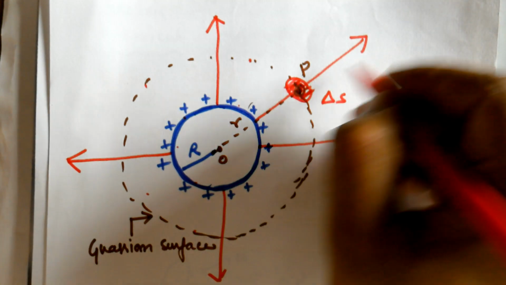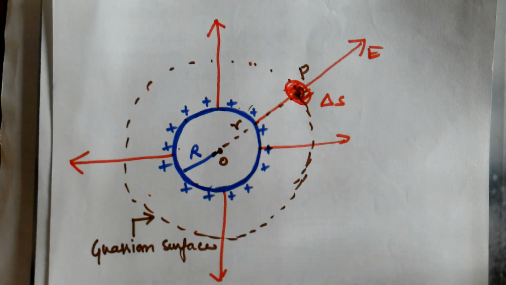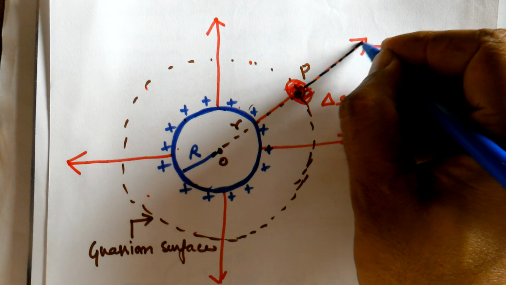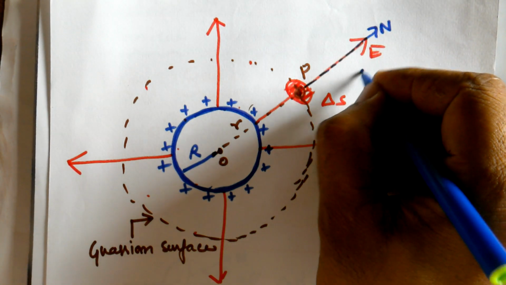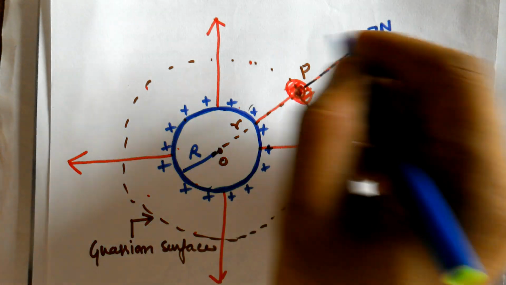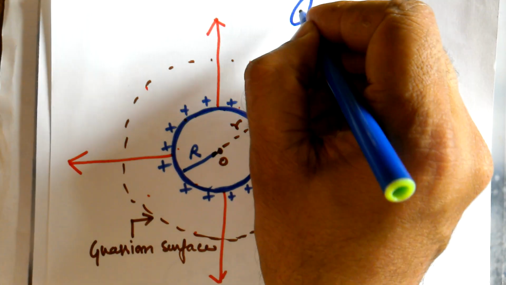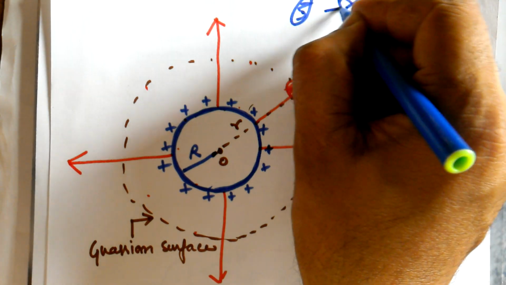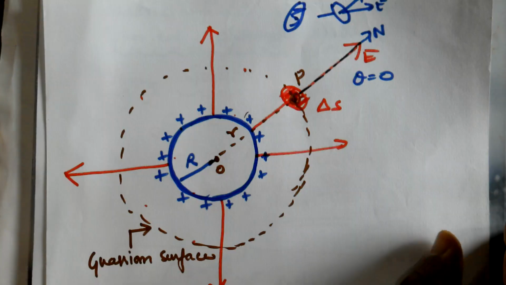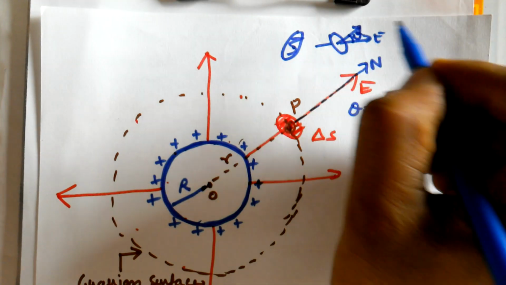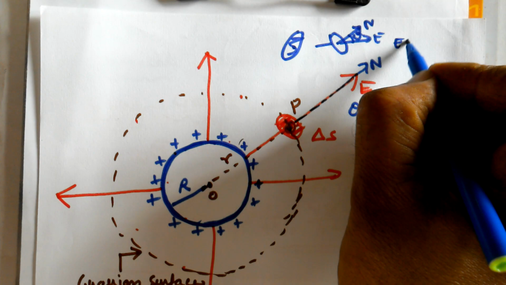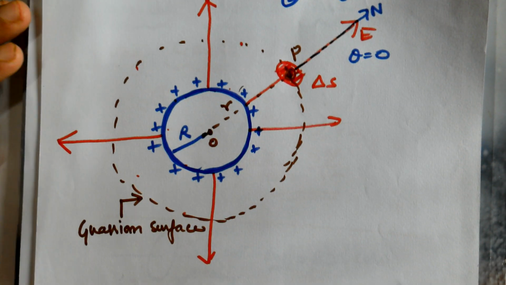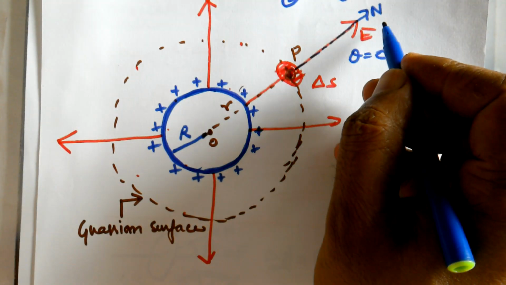Now where is the electric field? Electric field is normal to this surface. Where is the normal? Normal is also in the same direction. So can I write theta is equal to 0? Electric flux through any given surface: if the surface is like this, sorry, I will take the same diagram. Normal is like this and electric field lines are like this. If this is theta, then the flux is E delta S cos theta. You can write the formula. In the same way, this is the surface area, and electric field and normal are in the same direction.